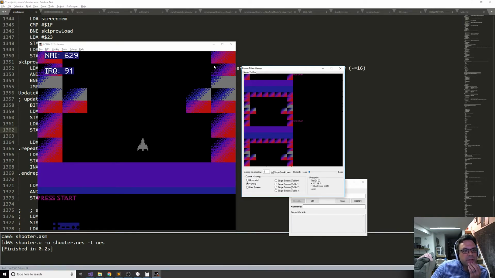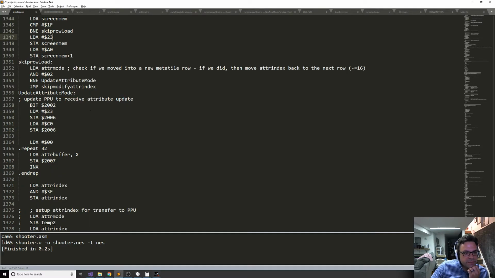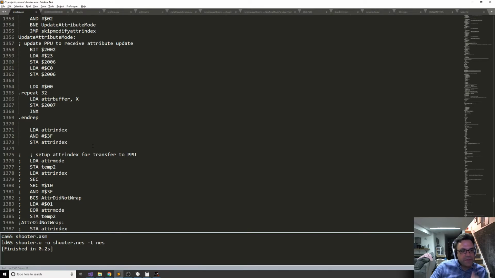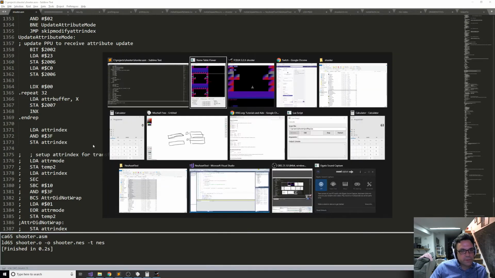And it seems like the process of figuring that out takes more cycles than just updating half the attribute buffer, just writing out those 32 bytes